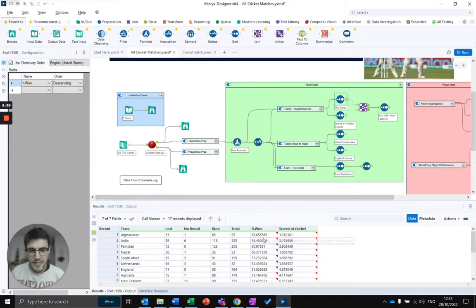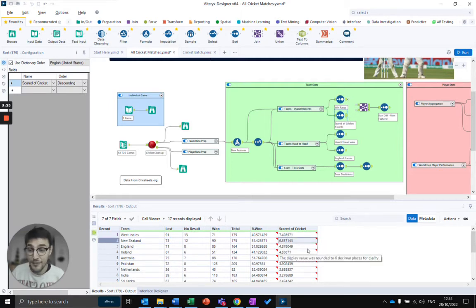So looking at the most successful 2020 teams of all time, by win percentage, it's Afghanistan, followed by India, with England languishing a little bit down in 7th place there. Potentially looking at the Scared of Cricket Awards, introduced today after Australia conveniently forecast some rains. They didn't have to play England with a no result, but it's actually the West Indies with 7.5% of their